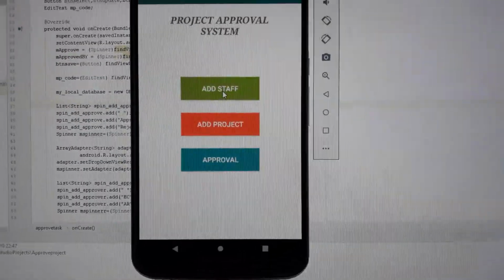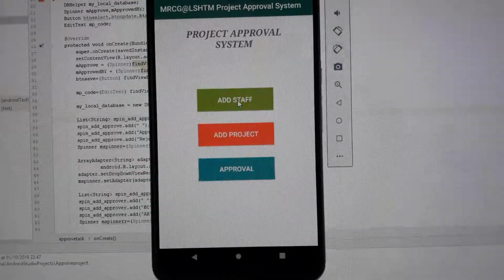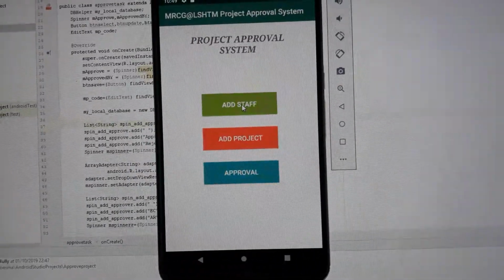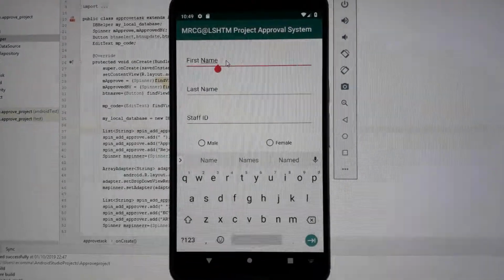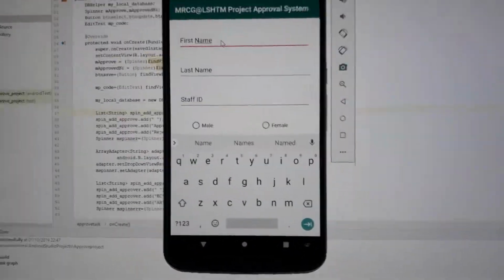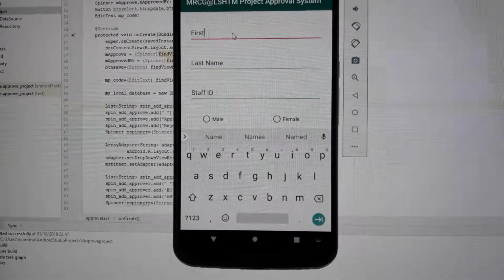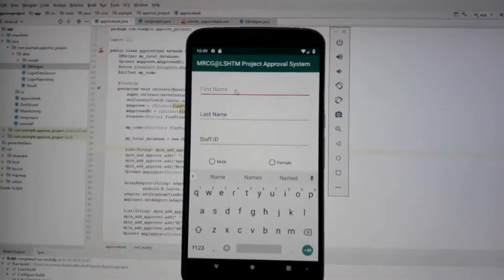First, I will take you through the recording of staff. You click on the button here. It records the staff's first name, last name, staff ID, and gender. Now I'm going to enter my information here. I'm recording this from my mobile phone, so it's a bit